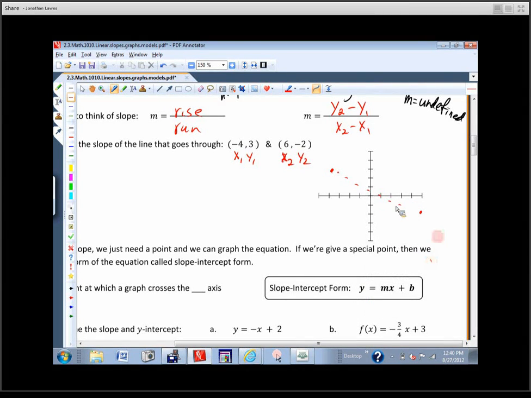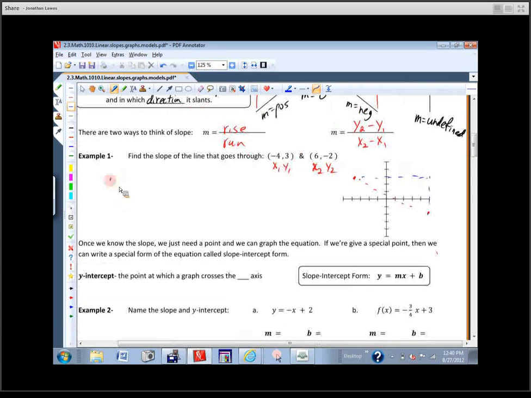Well, if you have a graph and you want to go ahead and plot those, that's fine, and then count how many spaces you go over for the run and how many spaces you go up or down for the rise. That would be fine. We can do that, but it tends to be a bit of a pain because you've got to keep this straight and you've got to have a piece of graph paper. So it's a lot easier, usually, if we're just given 2 points, to do